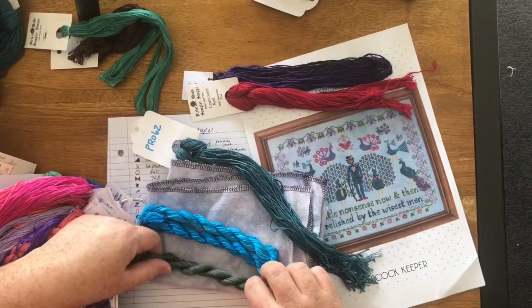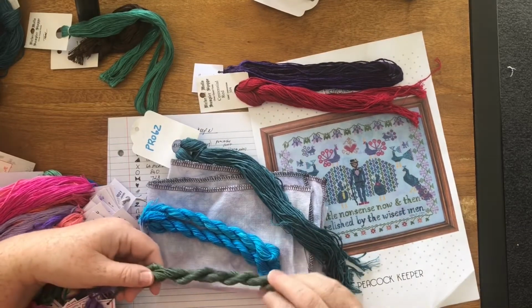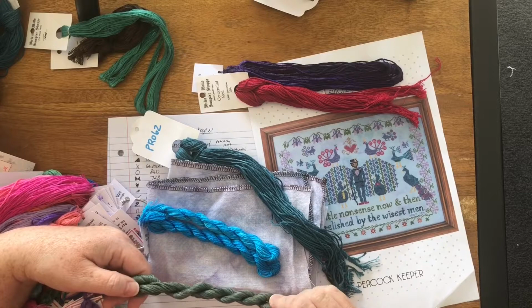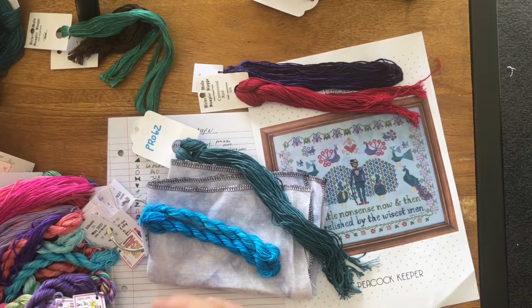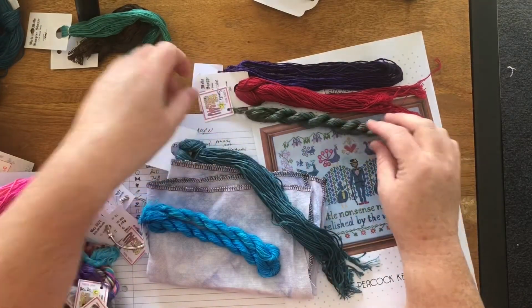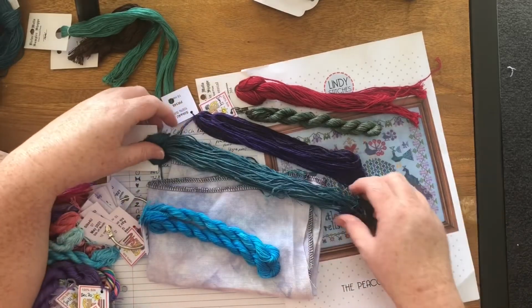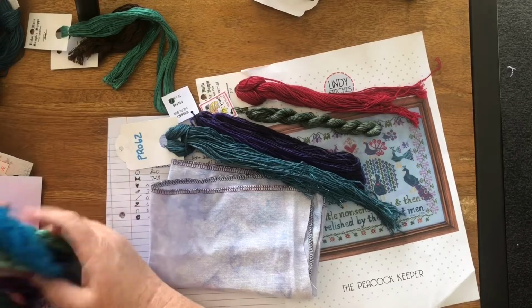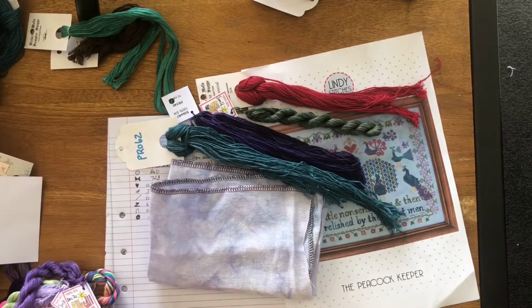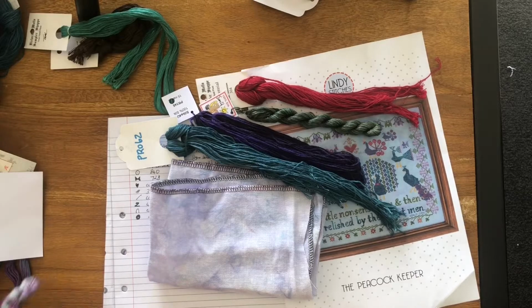I'm thinking about with this green here, about using this one. I quite like that green. It's got a nice variegation in it. Might pull that one off. It just leapt out at me and said, hey, I'm a great green to use. It's that one. Not convinced with these ones. I think I'll have bought those. And go back to,